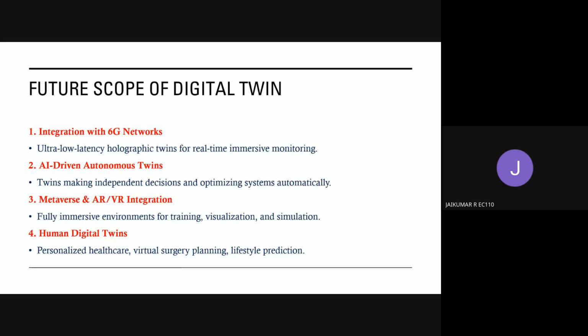The next one is a human digital twin. In future, by using this digital twin, we can have personalized treatment, and it is possible to have virtual surgery. It is also possible to have the lifestyle of each and every human. You can also predict the lifetime of the human. And if we have a digital twin of the human,